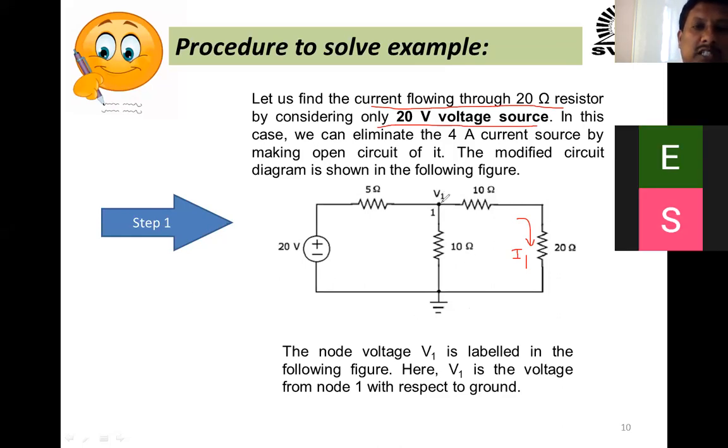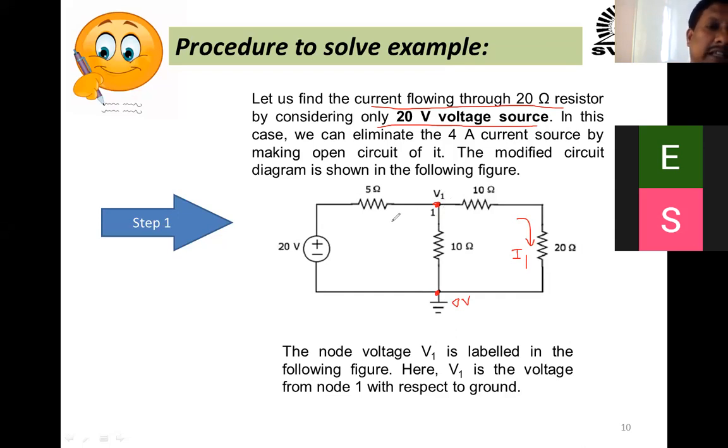So how many principal nodes are there? This is the first principal node, and this is the second principal node. But this is a common principal node. That's why it is taken as a ground or 0 volt. So for only one principal node, I will assign the node voltage, that is V1. Why V1 we have taken? This is the first one, as well as I1 is there, which should match. So V1 I will take as the name of this node voltage. So we have to find out this node voltage. So 2 steps of nodal we have completed.